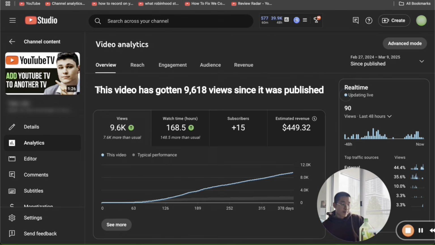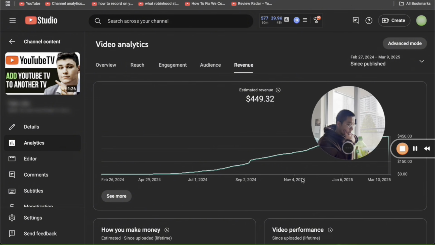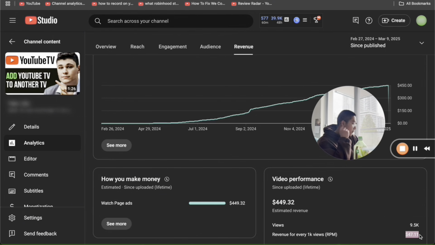Now, this video is about YouTube TV, okay? And the reason why this video has a really big RPM, let me just go to the RPM side of things again, is that this one has a $47 RPM, so not quite $66, but we're getting paid about 10 times more than the average RPM on YouTube. Because the average RPM on YouTube, I think, is like $3 or $4. It depends on the length of your video and also the niche, who's watching your content. And the reason why specifically this video has such a big RPM is because